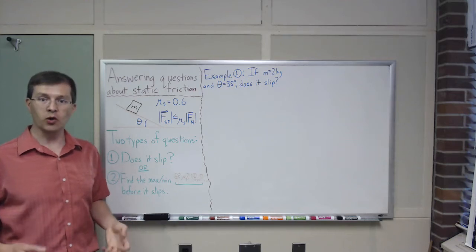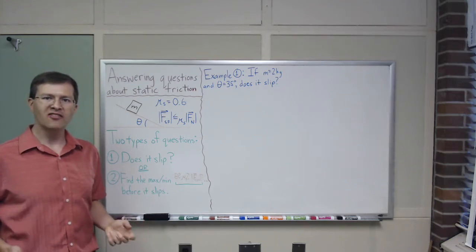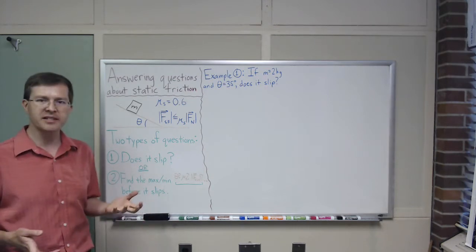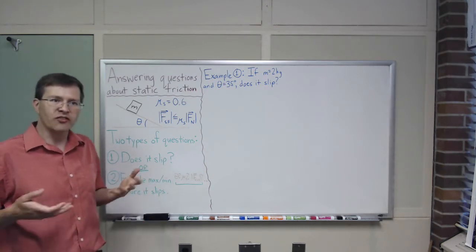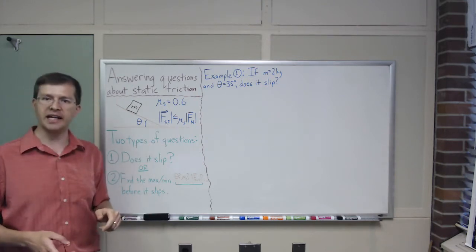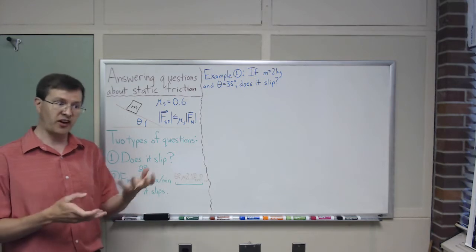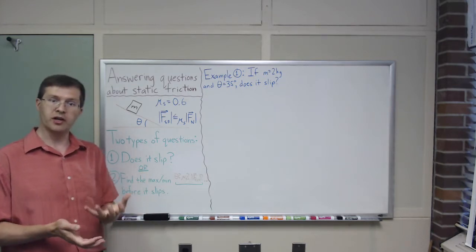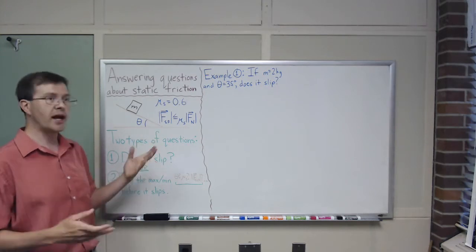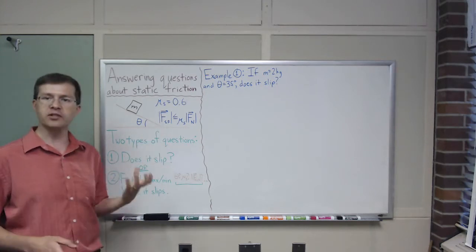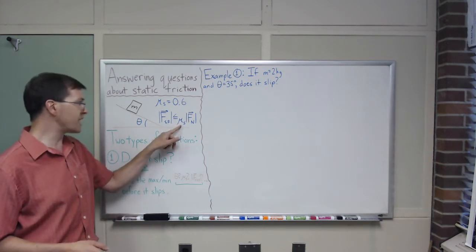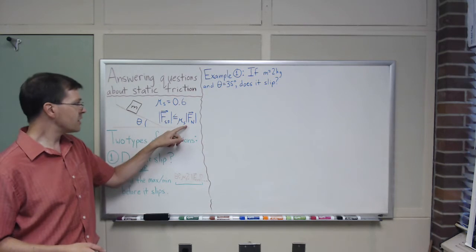A lot of people who are learning about friction for the first time find that static friction is a little bit weird, a little uncomfortable. That's because this equation, the defining equation for our model of static friction, has a less than or equal to sign in it. Unlike kinetic friction, where you can just find an equation and find a value for the magnitude of the kinetic friction, we get this equation that says the magnitude of the force of static friction is going to be less than or equal to the coefficient of static friction, mu_s, times the magnitude of